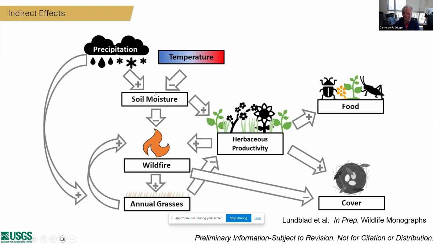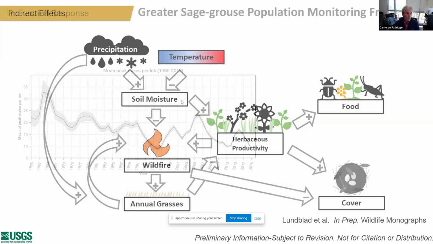Combined, we can see the lack of soil moisture and increasing temperatures. We've all heard about the exotic annual grass cycles and cheatgrass moving in: less moisture, fires burn hotter, cheatgrass and the annual grasses take over, provide more fuels, and we have direct losses of habitat, which pose huge consequences and are one of the biggest threats to sage grouse and their ecosystem.